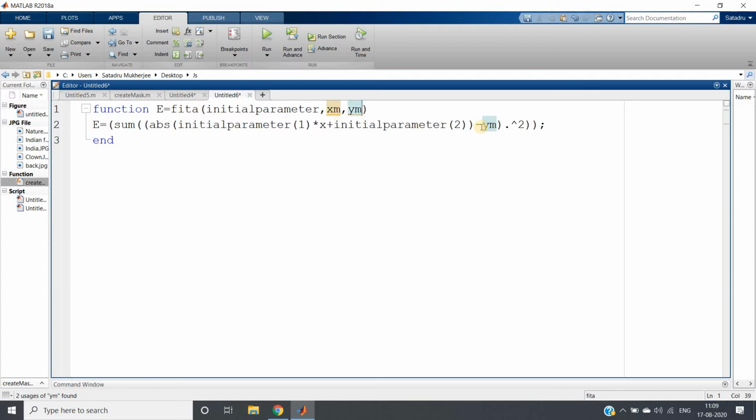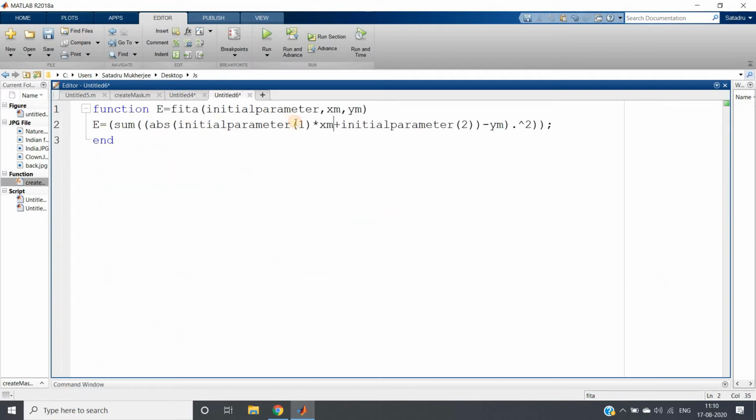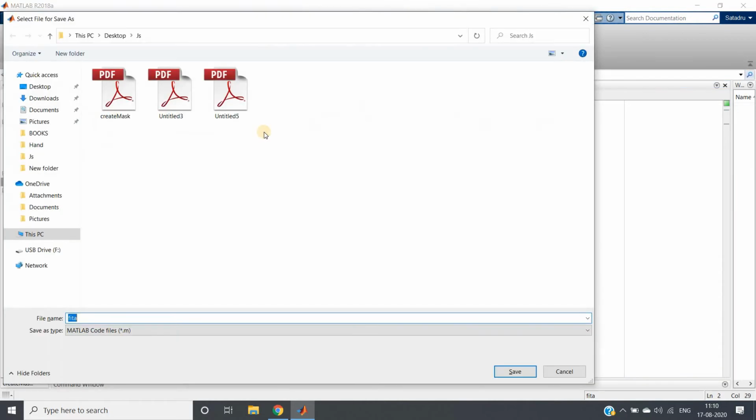I will press shift enter to change this to ym, and here I will change to xm. So xm and ym are basically acting like constants, because each time the x and y we are passing are these data points. Our initial parameter will change. I will press Ctrl S and save this in my current directory.